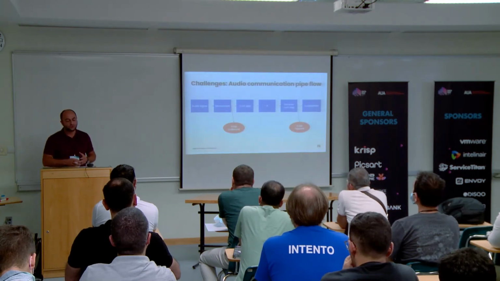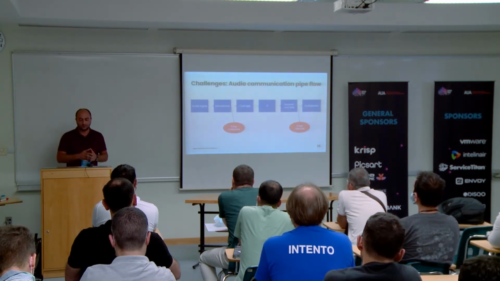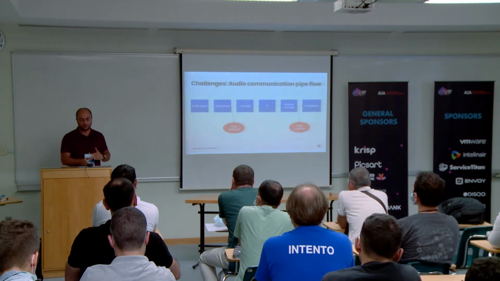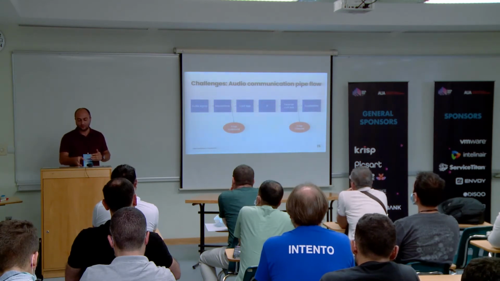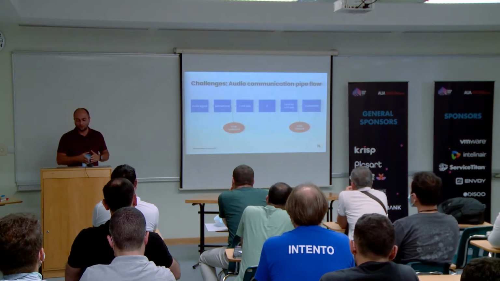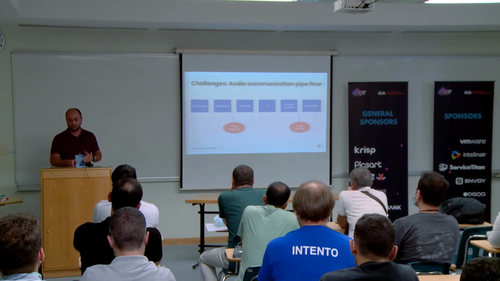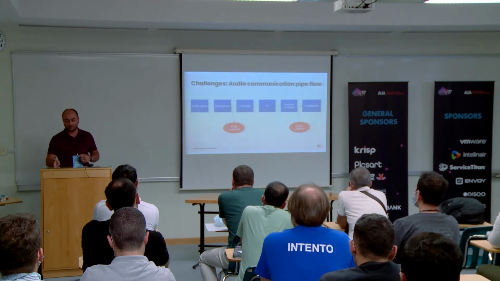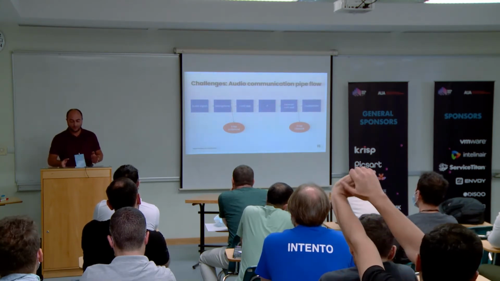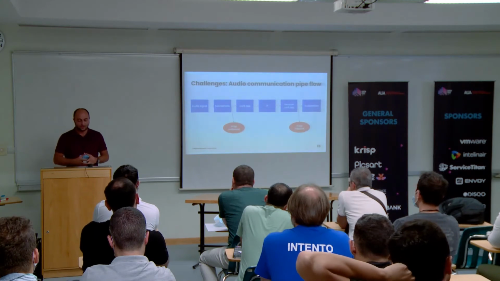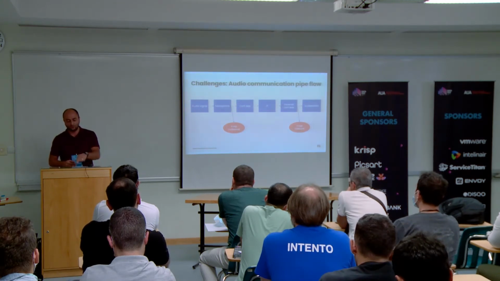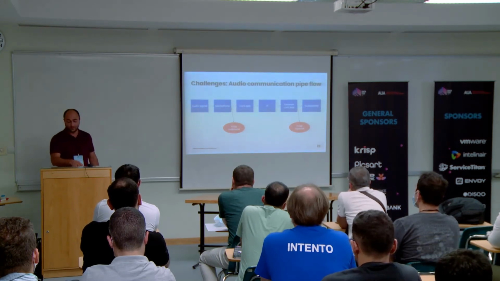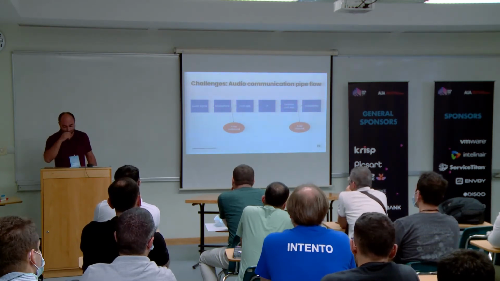And now let's talk about challenges. Let's have a look at the audio communication pipeline. The audio signal is generated, then passed to the microphone, then the conferencing app, and is transmitted with Internet protocol to the receiver conferencing application, and then it is played by the loudspeaker at the receiver end. Our noise cancellation algorithms work in these two nodes, as you see: the first one on top of the microphone, and the next one before the loudspeaker.